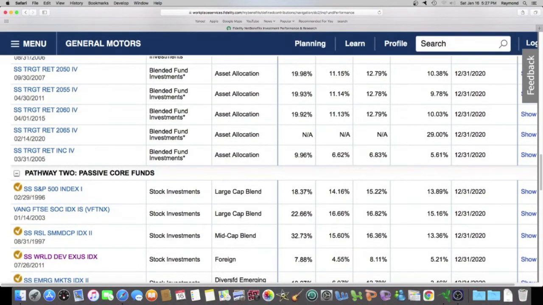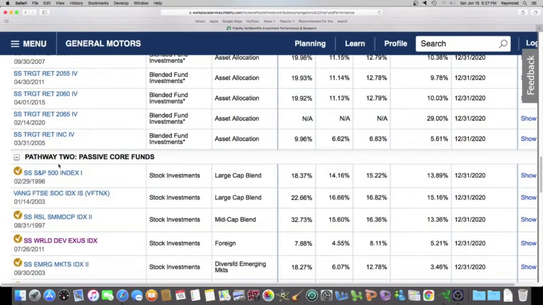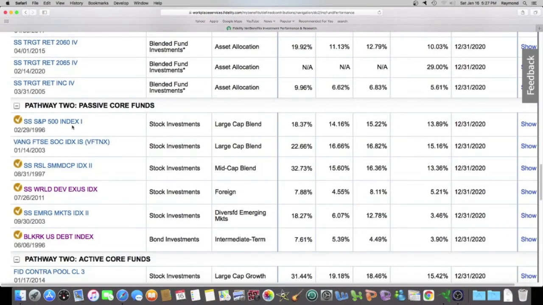So what this column is doing is giving you information that you typically would get if you clicked on one of these investments. So just to prove it, in the GE, we wouldn't have this column. So we couldn't be at this page and know that this is a large cap blend, because this column would not be here when I showed you my GE 401k. However, if we click on the name,